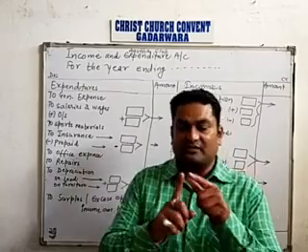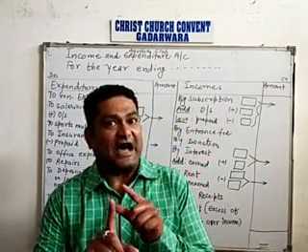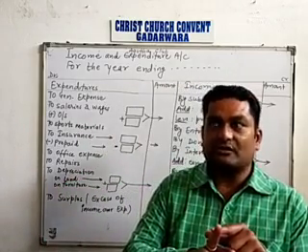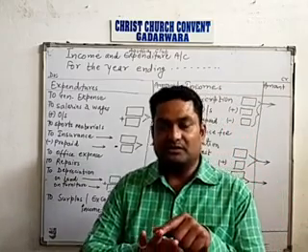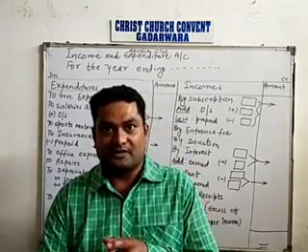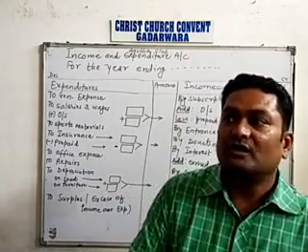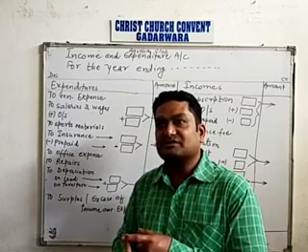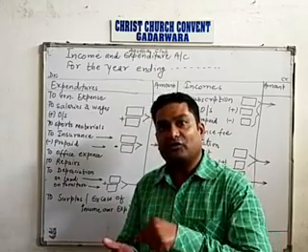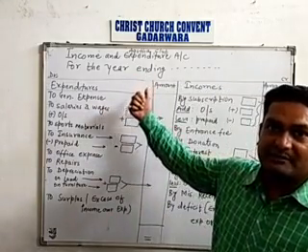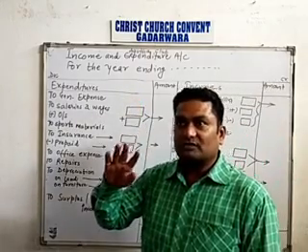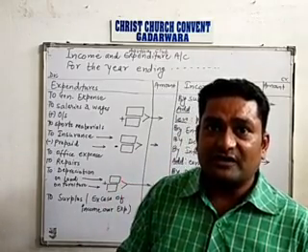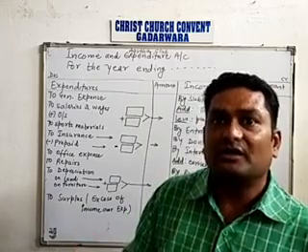What are the adjustments? First, outstanding, which means unpaid. Second, earned income, which is called accrued. Third, unearned. It means you have received it in cash, but this is not the income of the current year for which you are making income and expenditure account. Fourth, bad debts, the money which is not received and is either waived off or written off.